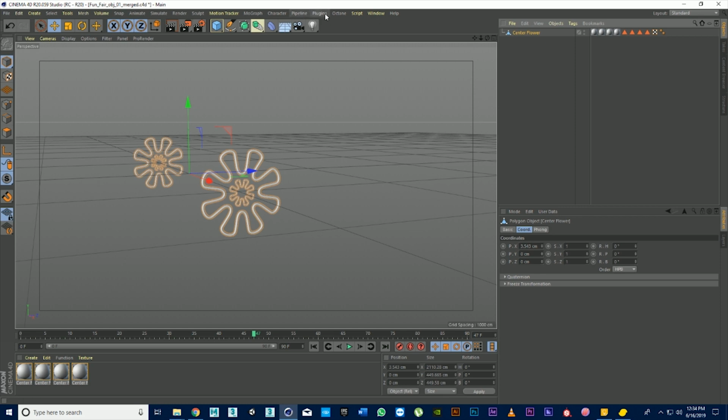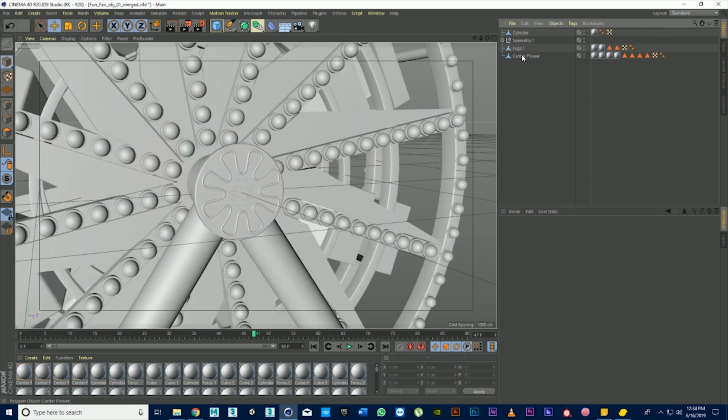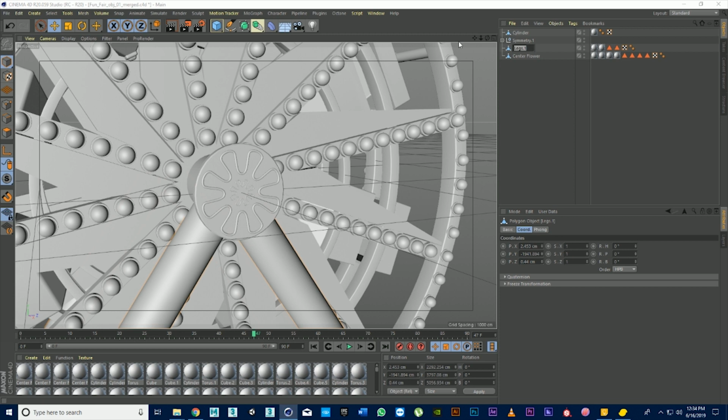Unsolo them. Now what remains is legs. We have done that already. What is this? This is the center base. We have done that also. Now we can also connect this center flower and this central base as one object, and this is center